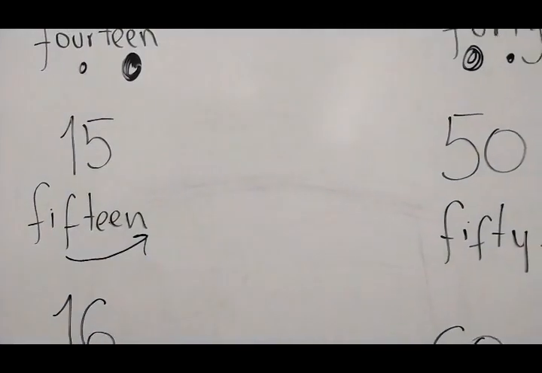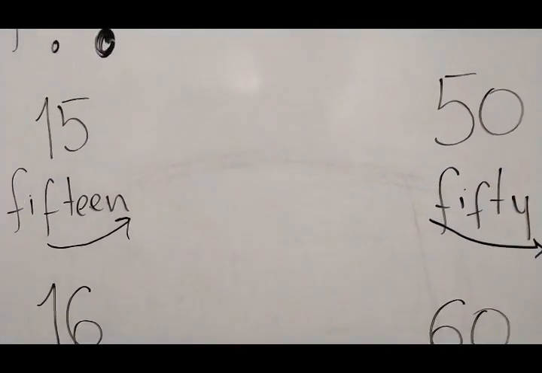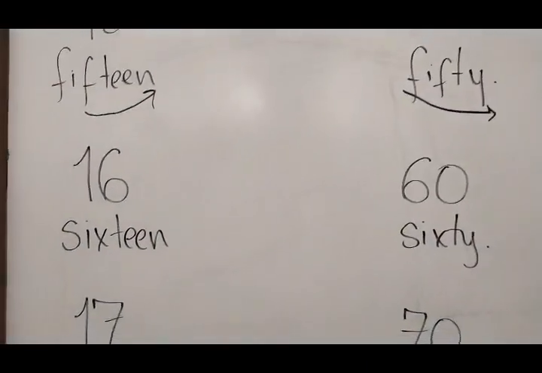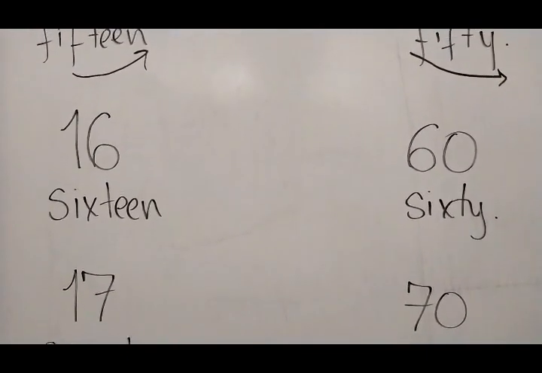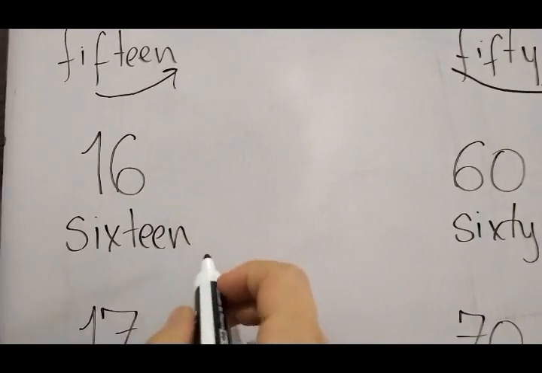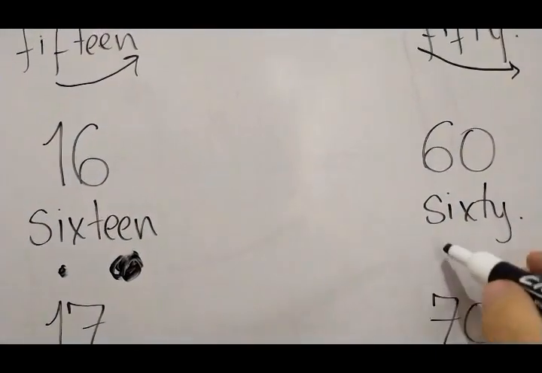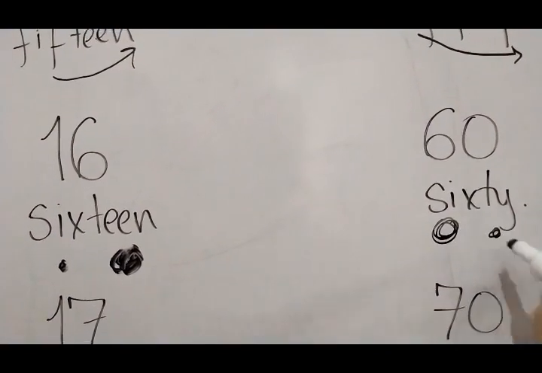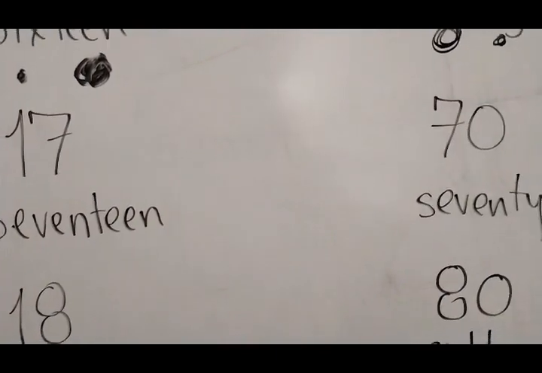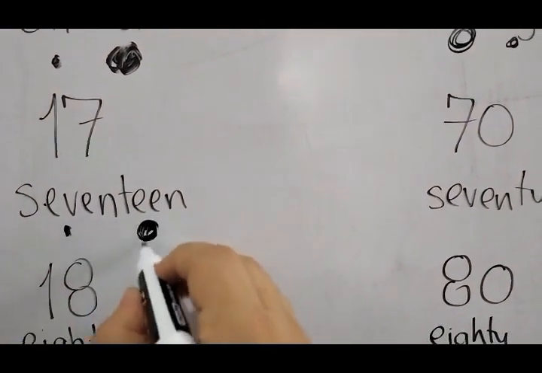15, rise of voice. In this one it decreases. 50. 15, 50. The other examples we have 16, 60. Let's repeat it again. 16, so 16, and in this one is 60. Let's continue. 17, 70. 17,